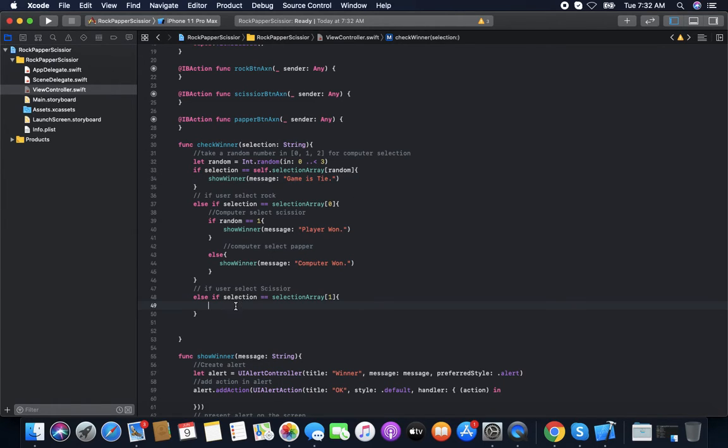So now first condition, computer select paper.